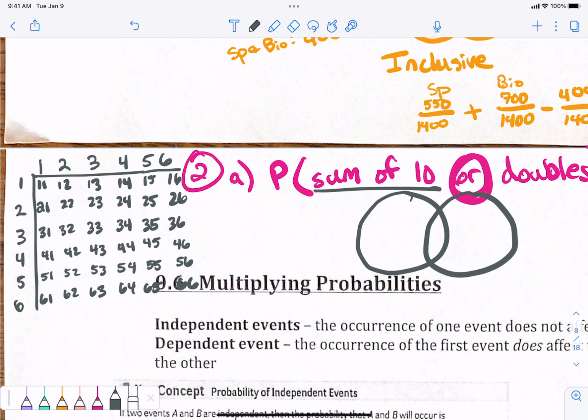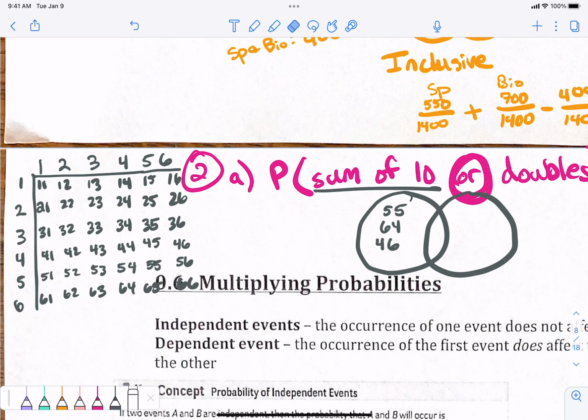Give me a combination. 5 and 5 is one of them, okay? 5 and 5 is a combination. All right? 6 and 4. 6 and 4 is another combination. 4 and 6. 4 and 6 is different than 6 and 4. Okay? 4 and 6 and 6 and 4 are not the same combination because you kind of consider it to